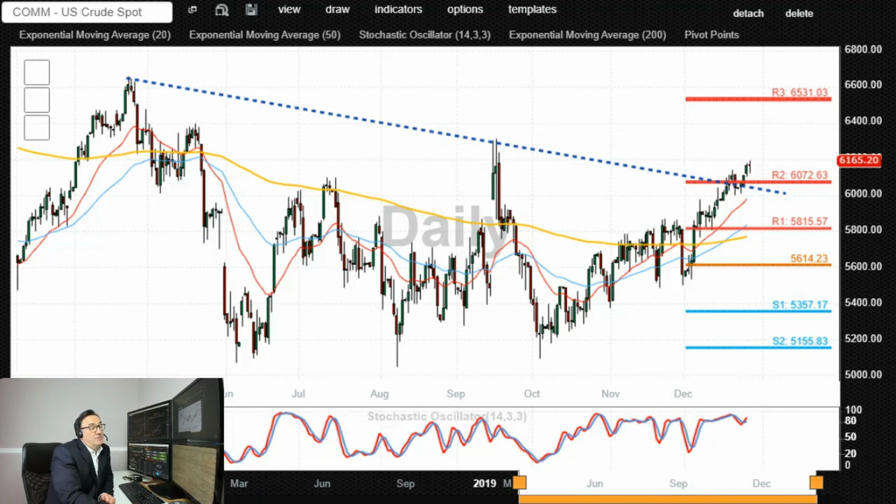Currently trading at 61.65. Bulls appear to be in control above 60, so a pullback into 60 and a breakout higher would appear to be quite bullish, potentially targeting these current highs here at 63.20. Above that we have 64, which is a cluster of these highs from May time, and then 65.30, 66